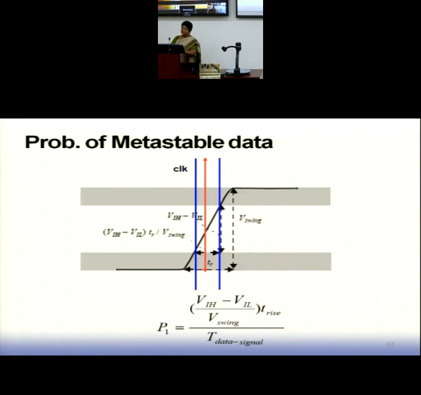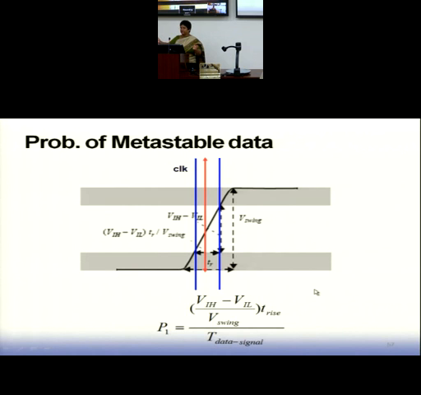It could have been sampled here, no metastability. It could have been sampled here, no metastability. Because it is sampled here, it has led to a metastability. So according to him, the probability that when data is sampled it is in an unresolved state, you can find out from here, very simple. It is only this range, out of this total,